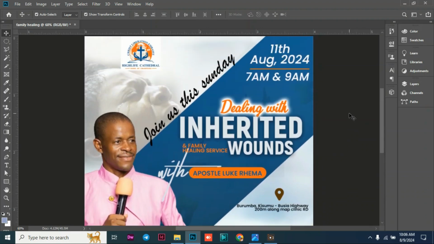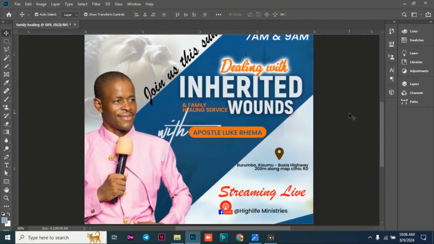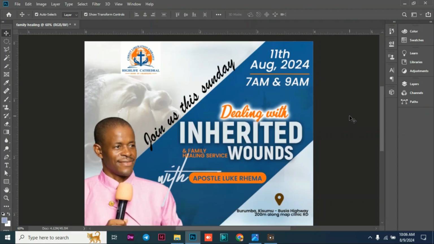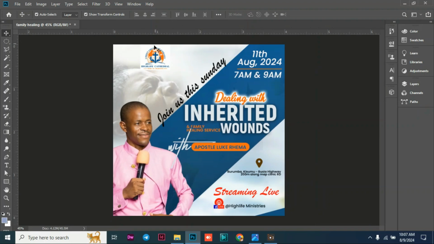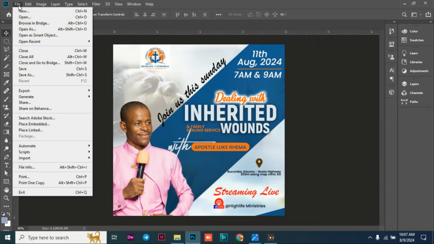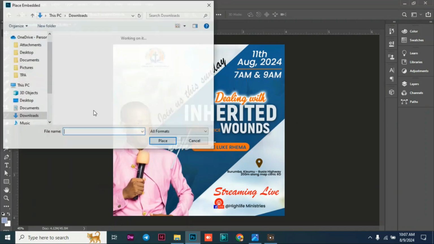After doing that, the last thing I want to add is some effects in this particular flyer so that it can stand out. The first effect I'm going to add is on that particular lady at the background. I want to add some kind of lens flare so that she can stand out. So I click on file and then I go to place embed,